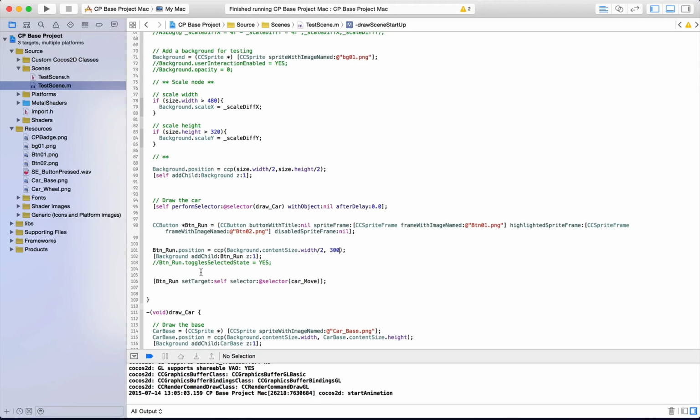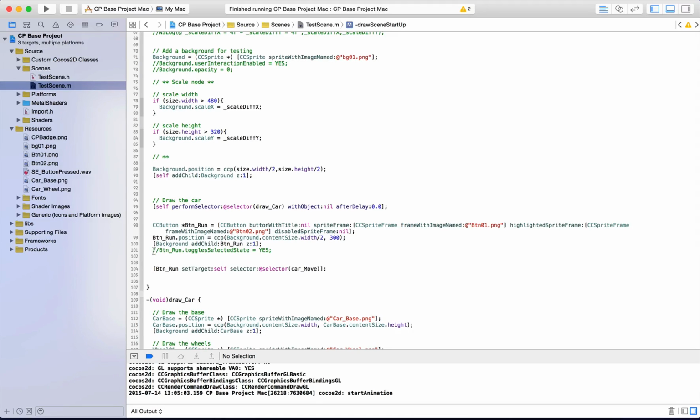So what's really important next is you need to specify a target for the button itself. I've made a bit of white space in between here. So normally this can be up here. We've added to the background. This here, the toggle state, is for when a button is pressed, you can have it as a toggle button. So for example, in ZenForms, on the D-pad, the run button as well, which is funnily enough named the run button here, when you press the button, your character is then running, but you leave it on. So if you want it as a toggle switch, I have it just commented out here,